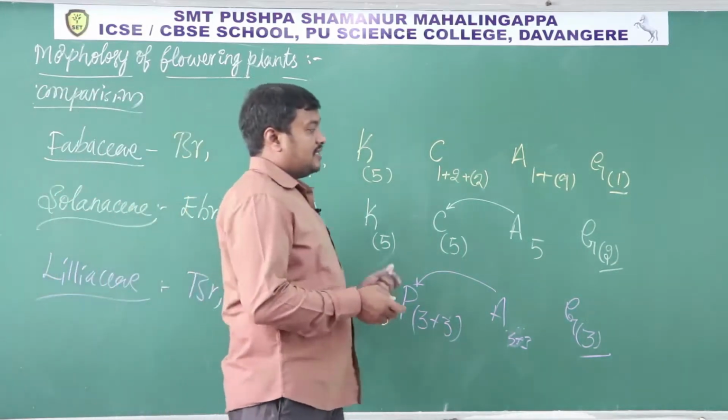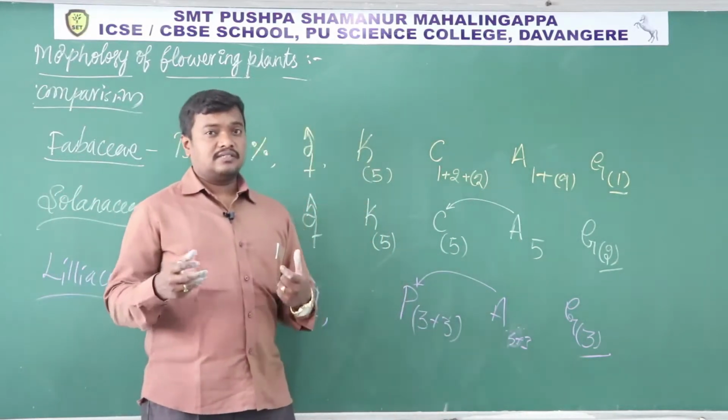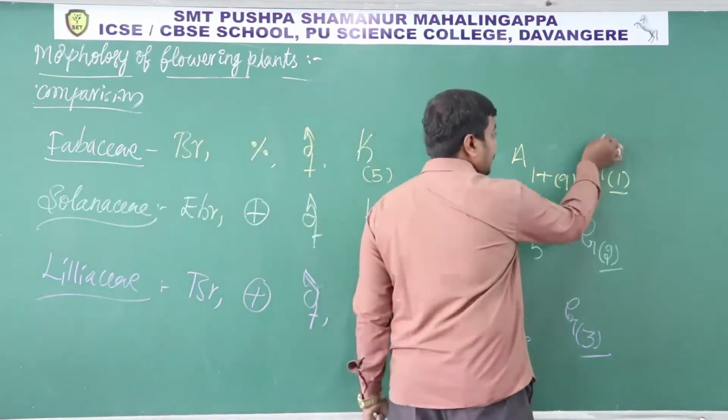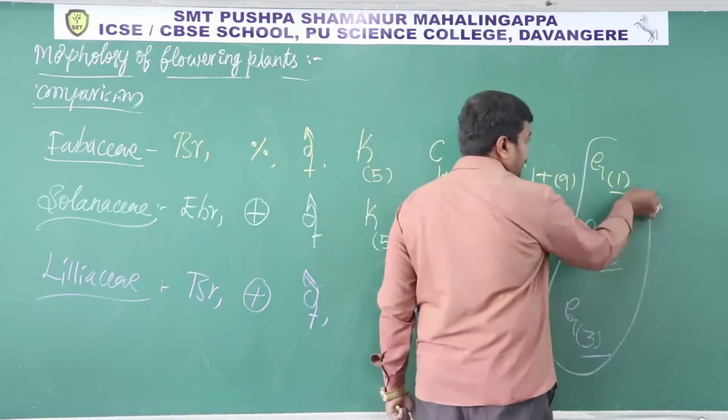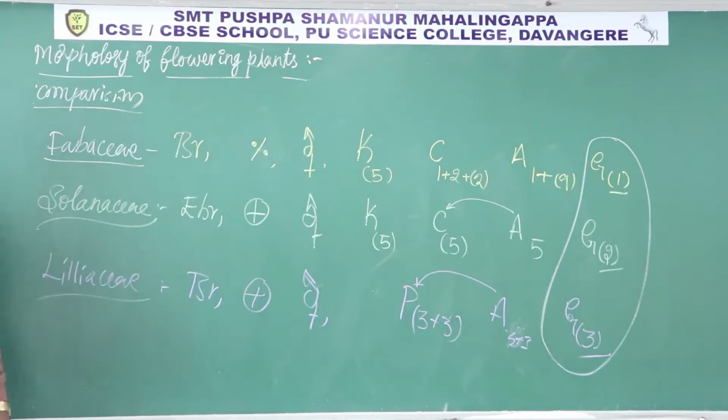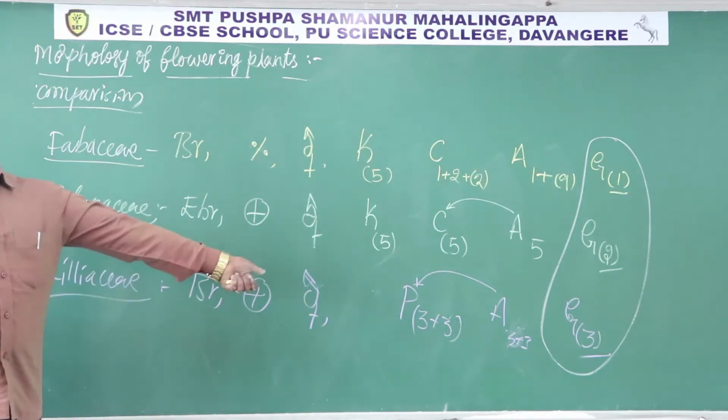So in the competitive exam, if they give the flower characters, how are we going to differentiate them? By looking at these characters only, you are able to differentiate. So Fabaceae has 1 carpel, Solanaceae has 2 carpels, and Liliaceae has 3 carpels. Okay,